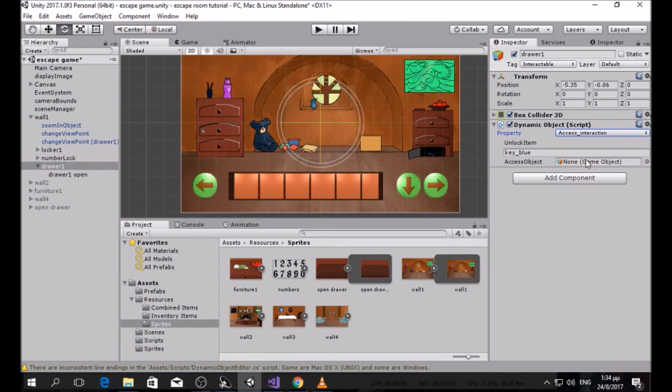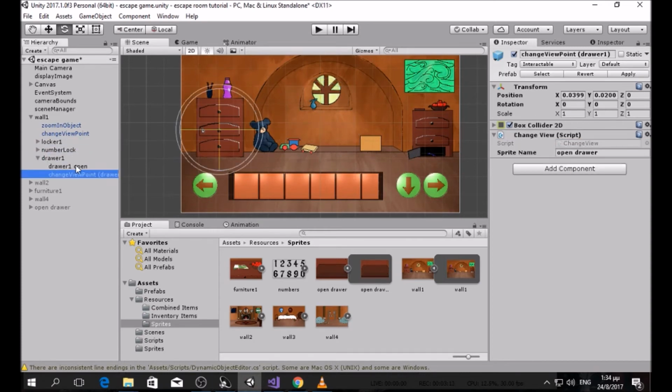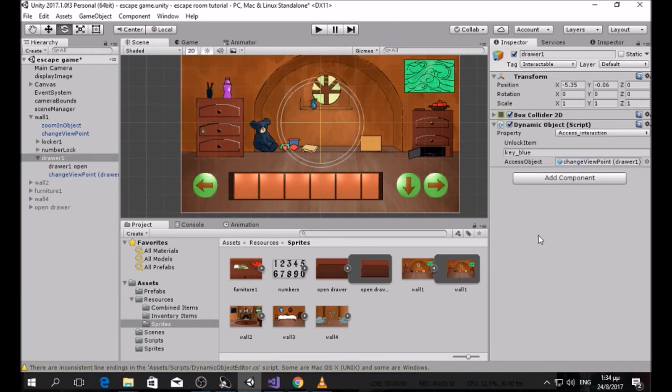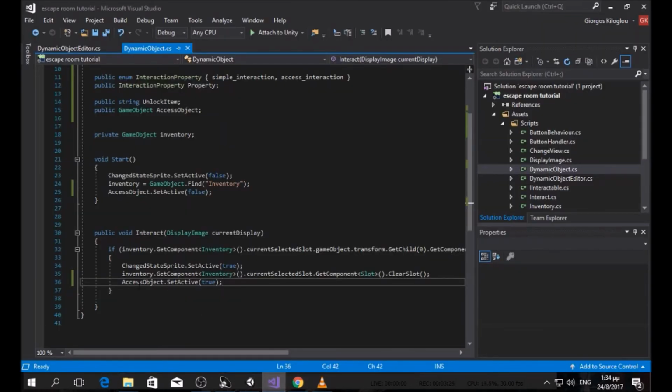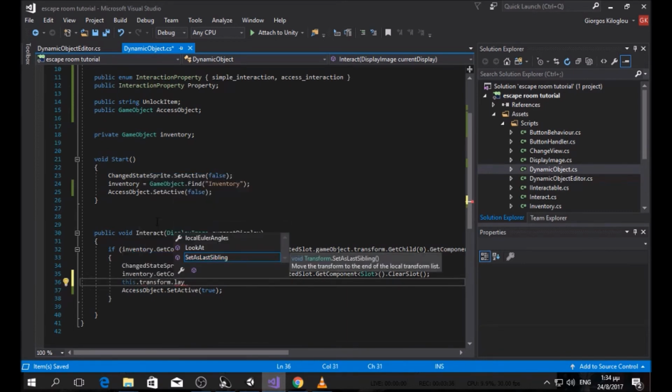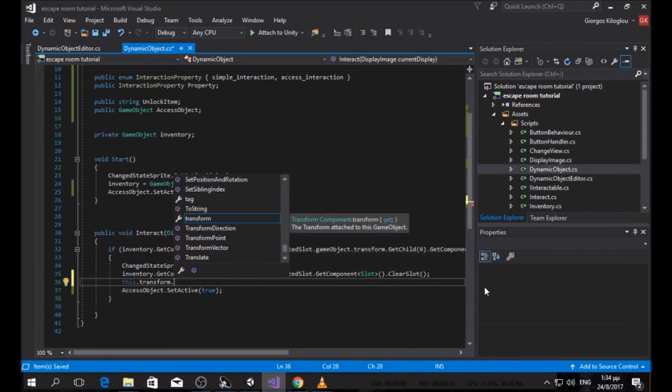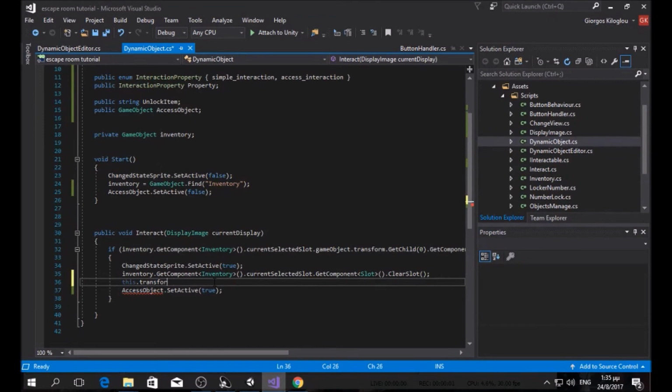it is an axis interaction, and it needs to keep blue, and the axis object will be the, let's put this here, the axis object will be this. Okay, and after we interact with it, we need to set the layer of this transform to the layer of this game object actually to